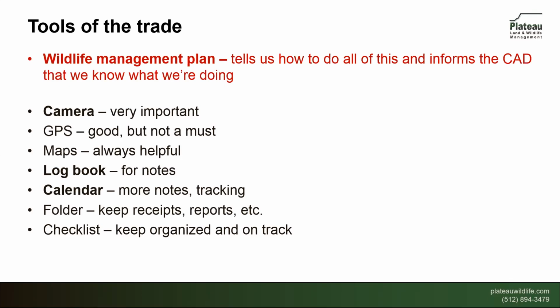GPS, it's good to have, but not a must. It's not the biggest and most important thing, though it definitely will help. Maps, I'm a visual learner and big time visual guy, so I like a map. Makes things a little easier for me. I can see where I'm at. The logbook,